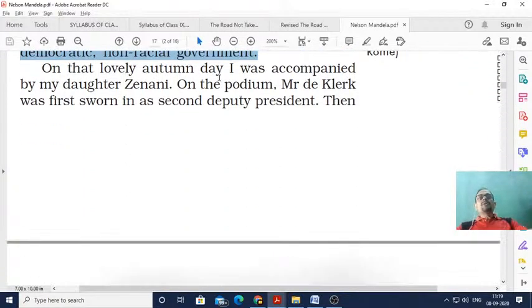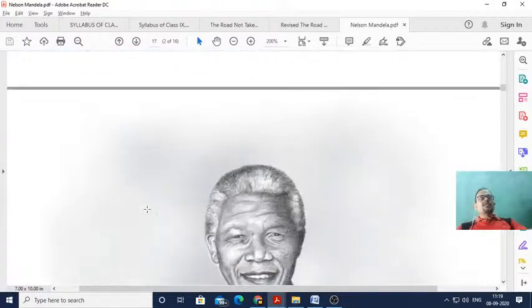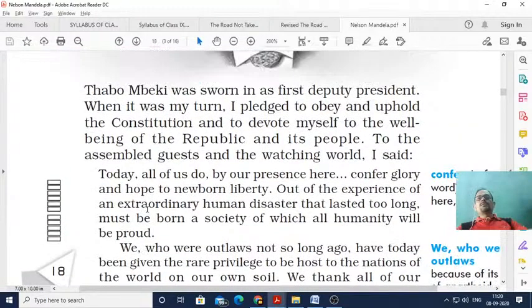On that lovely autumn day, I was accompanied by my daughter Zinani. On the podium, Mr. De Klerk was first sworn in as second deputy president. So Mr. De Klerk was the second deputy president. Then Thabo Mbeki was sworn in as first deputy president. When it was my turn, when the turn of the president, that is Nelson Mandela, came, I pledged to obey